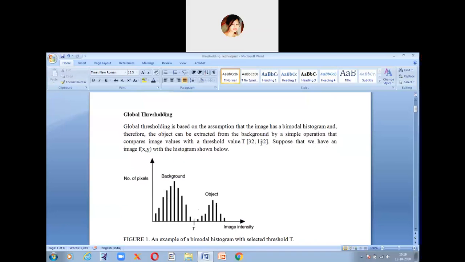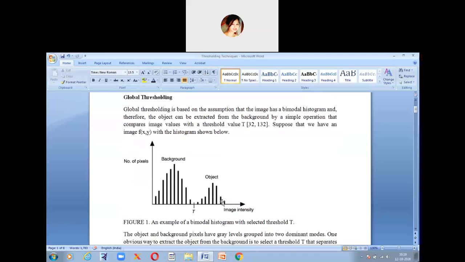That is, it is assigning this upper and lower limit, and beyond these the pixel values won't be counted. Suppose that we have an image f of x,y. This is the image f of x,y, and its histogram is this. Global thresholding is trying to separate the object from the background using a simple operation with a threshold value T of 32, 132.